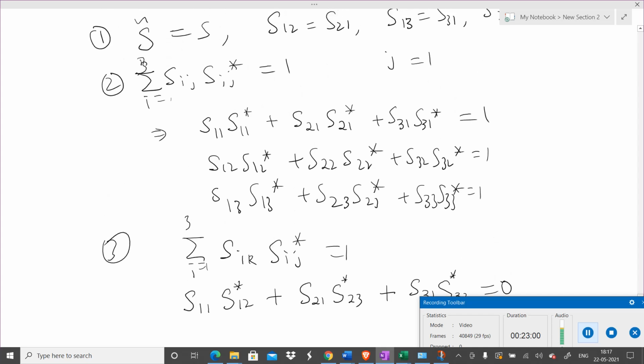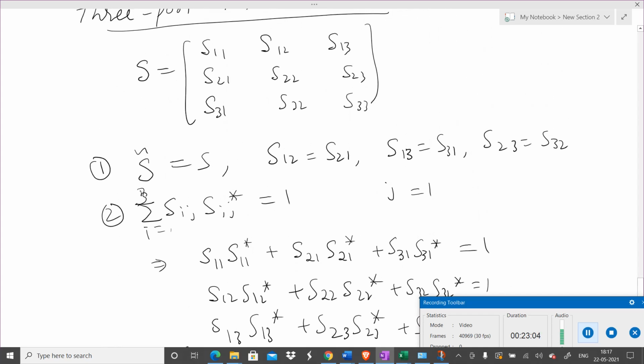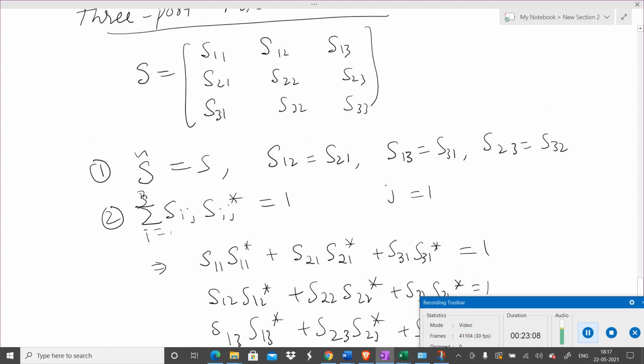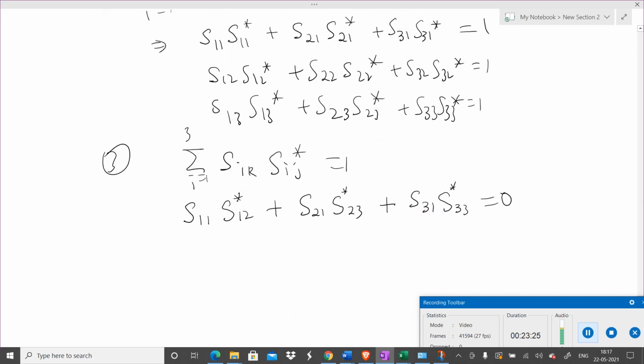So with these equations, you can see that we get fewer variables. We already have a lot of equations by which we can get relations between the different S parameters. And then if we are given some values, like the strength of the input electric field, we can find all the S parameters. That we will do in the next lecture. We'll take some examples where we'll compute the S parameters. Thank you.